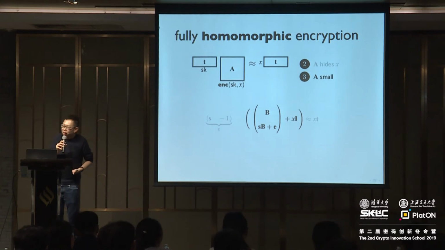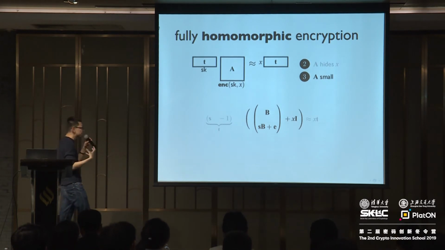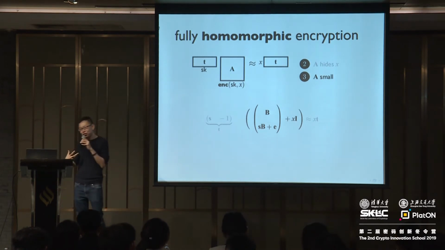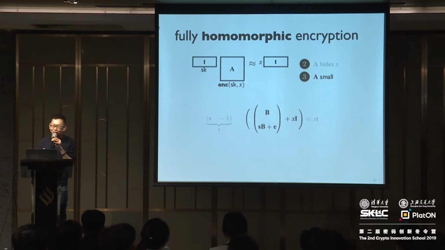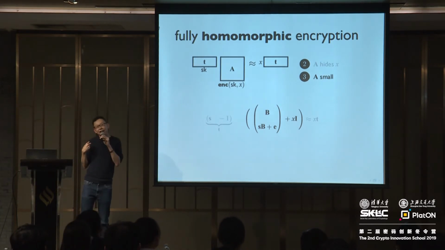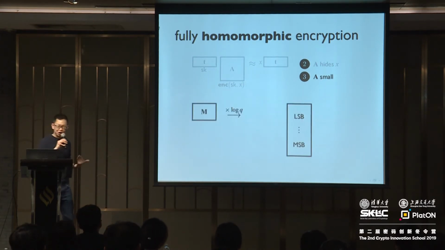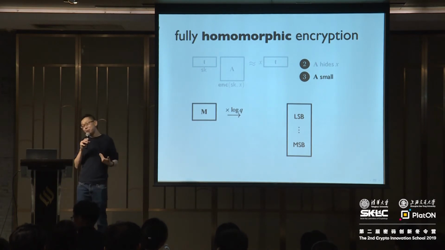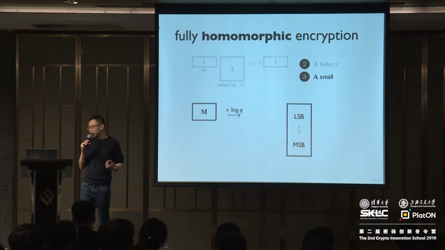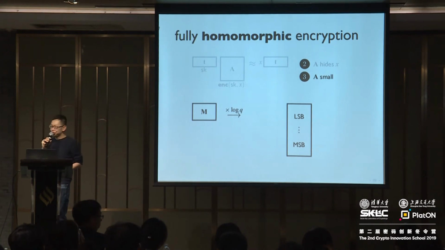So now the next challenge is to take this matrix and turn it into something small. In fact, we're going to give you a general mechanism to take any matrix over Z_q and turn it into a small matrix. The exact notion of small that we're aiming for is that A is going to have 0, 1 entries. So now I'm going to describe to you a general mechanism to take any matrix over Z_q and turn it into a 0, 1 matrix, essentially preserving the same information.